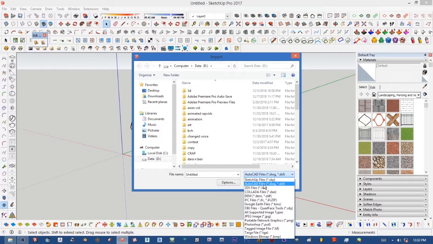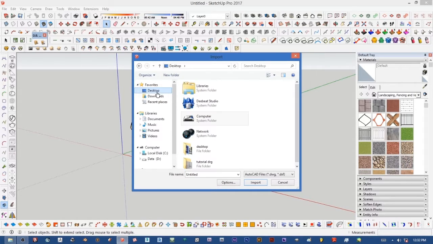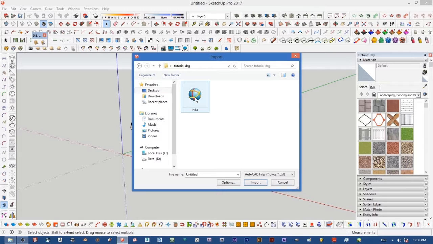But like I said, we are going to be starting with the AutoCAD drawings. So I'm going to click on AutoCAD here. Then I'm going to look for where it is. The folder is actually on the desktop. Let me scroll down. Tutorial drawings, yeah. Then this is it. This is the file I'm looking for. So all I need to do now is double click on it. But first, before I double click, I need to check on this